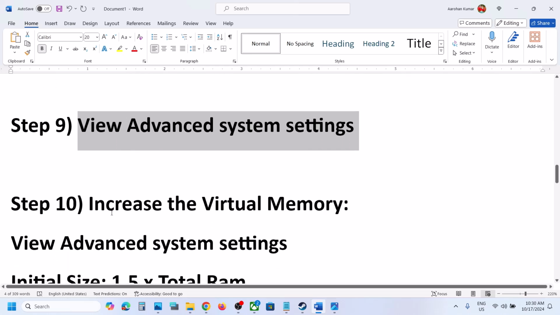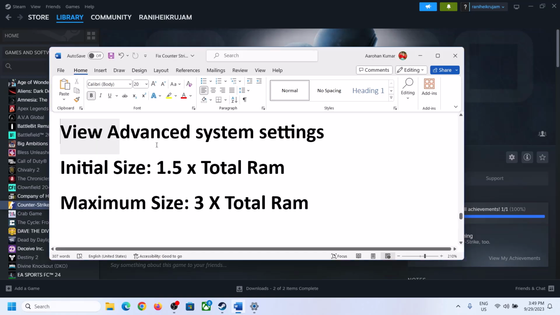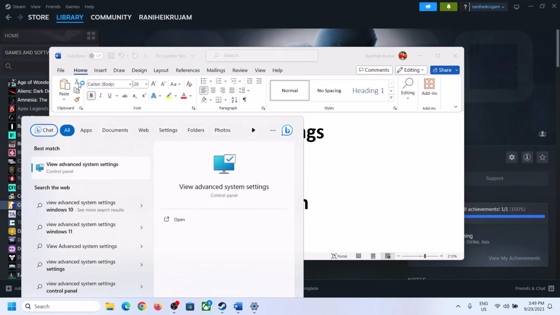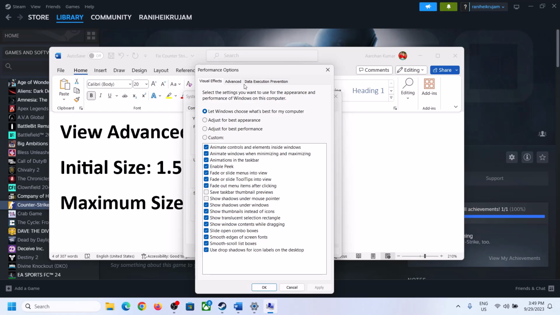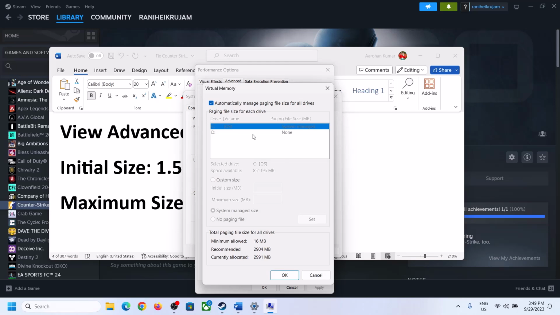Next step is to increase the virtual memory. So to increase the virtual memory, type in view advanced system settings in the Windows search box and then click on view advanced system settings and then click on the first settings and then go to the advanced tab and then click on change over here and then select the drive. So uncheck the box which says automatically manage paging file size for all drives. Uncheck this box and select the drive where the game is installed. So select the drive and then once you select the right drive,